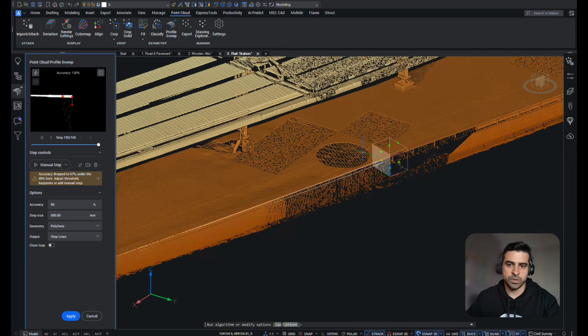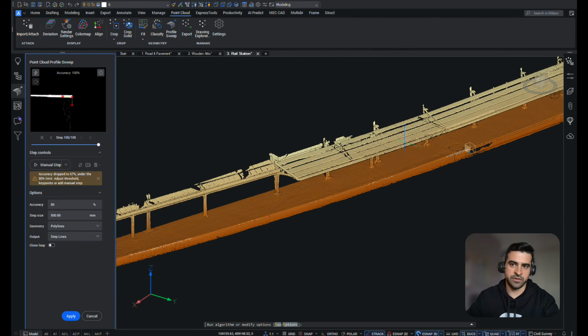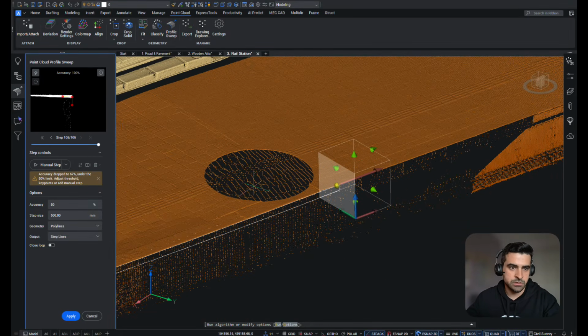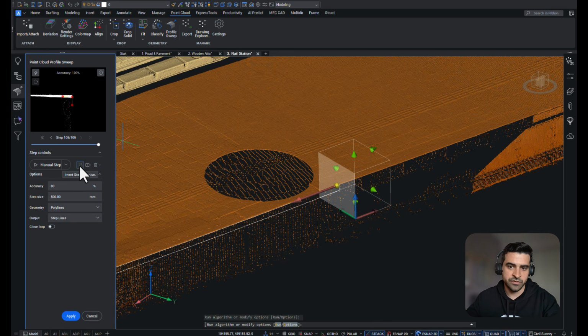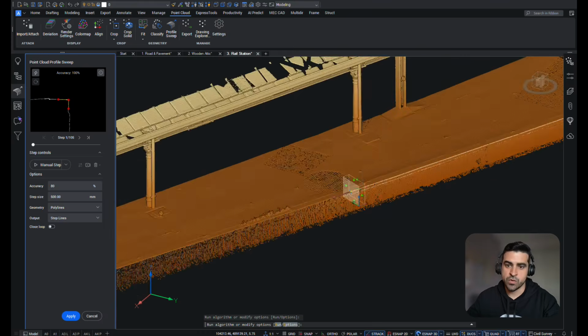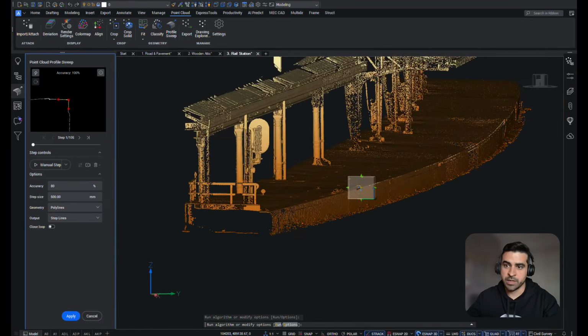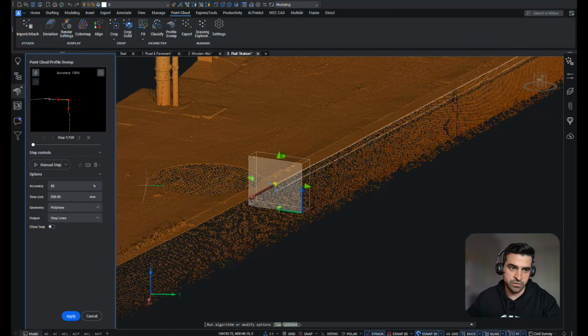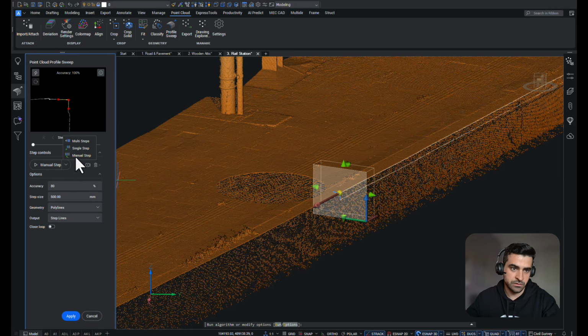Okay, so what happens if we want to go to the beginning and continue towards the other side? Well, what we need to do is just click on this little button right here to invert the direction and go all the way back to step number 1. So now we completely skipped the whole path and went to the other side. So we can then continue along the other side of the path by clicking the camera icon and the multi-steps.